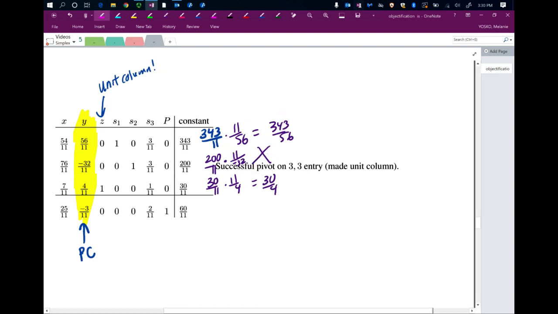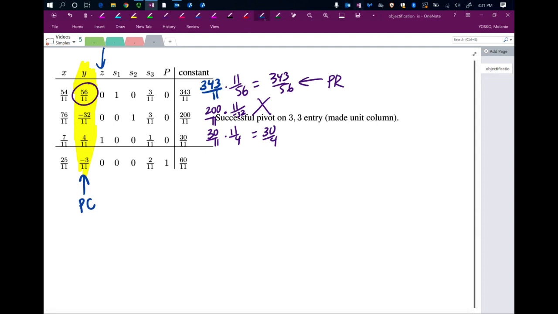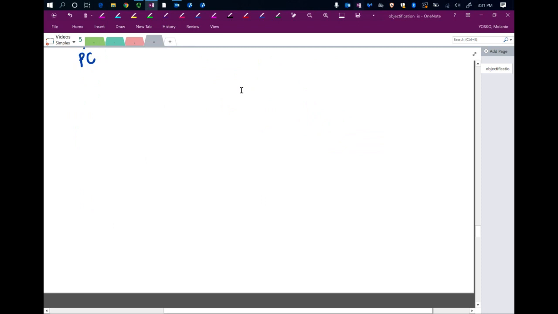We're throwing this one out. This one is the smaller of the two. This is our pivot row. So this is the pivot entry. And we would keep going. Change this entry to a 1. So you would do the multiplicative reciprocal. So 11 over 56 times R1, and we're putting it back in R1. Okay, and if we do that process, multiply every single one of these by 11 over 56, we will end